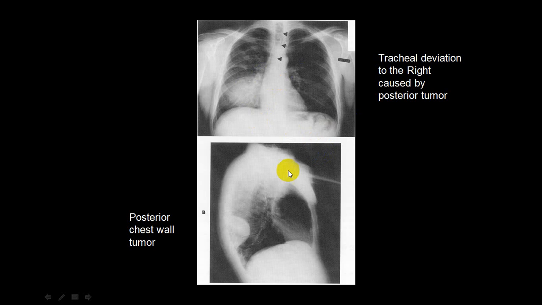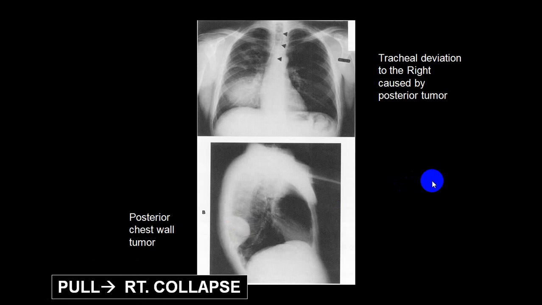So when you take a lateral view, you can see this is a tumor. And here it appears on this side. Now in a lateral view, you will be able to identify that it is arising from the posterior chest wall. So this is the most important part, and this is the indication of lateral view. And here, as this is on the right side, you will ask for a right lateral, not a left lateral, so that you can identify that tumor much better than in a left lateral view. Right lateral view means the X-ray plate is on the right side and you are taking a lateral view.